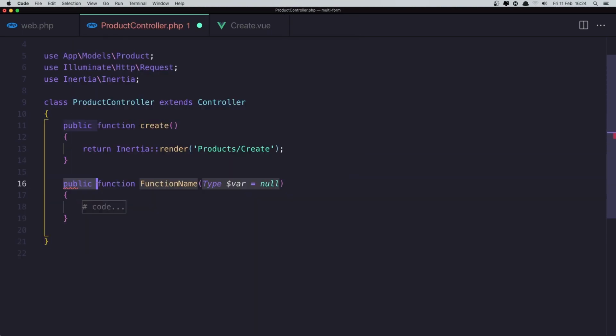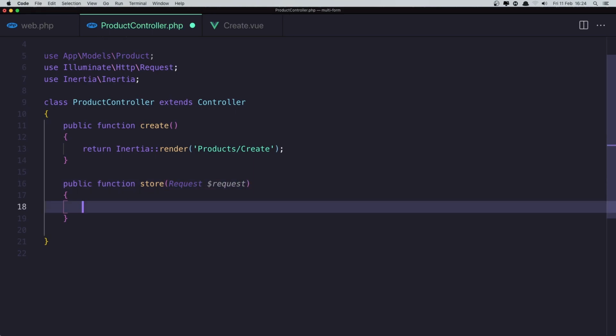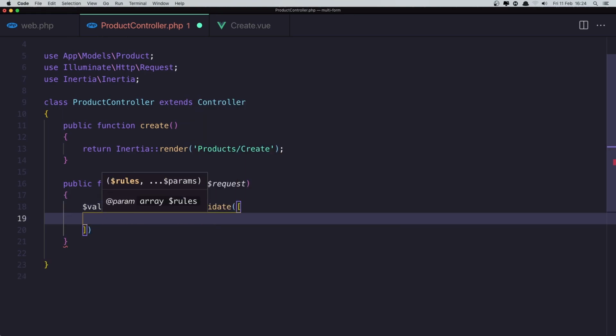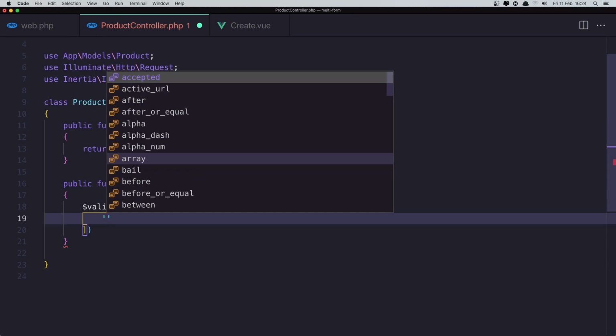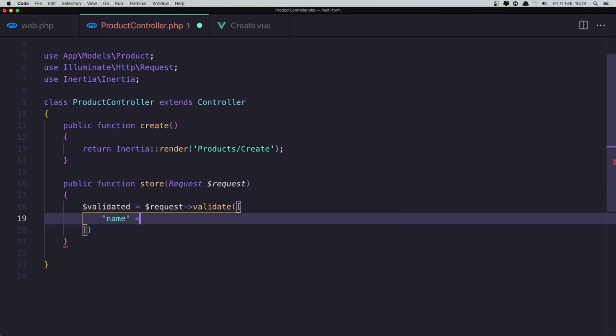So function store, and I'm going to add the $request. And here first I'm going to say $validated is going to be $request->validate, and we need to validate the name, which is going to be